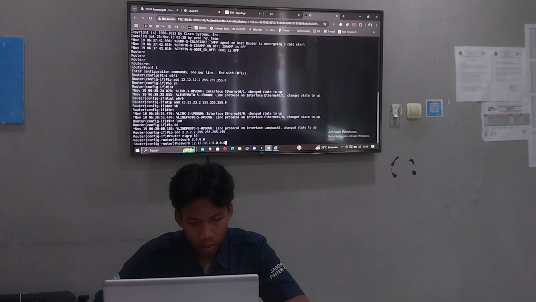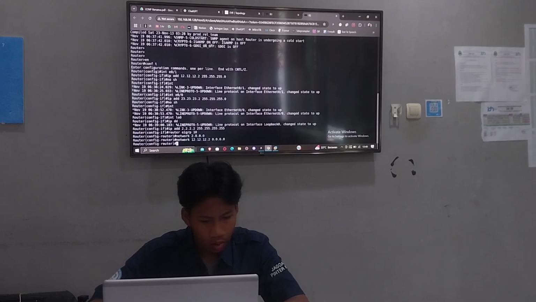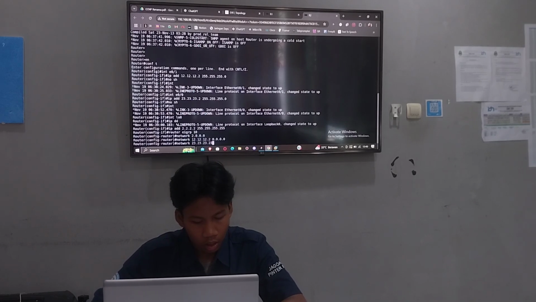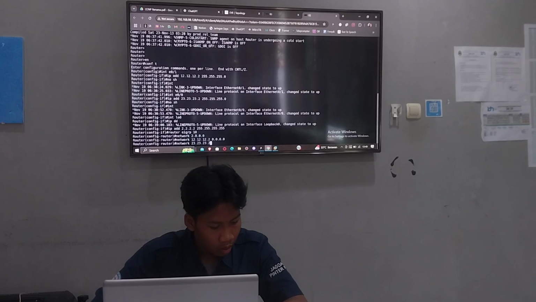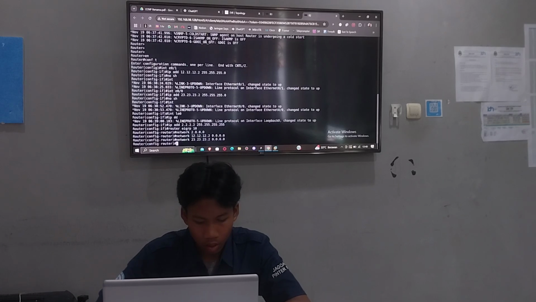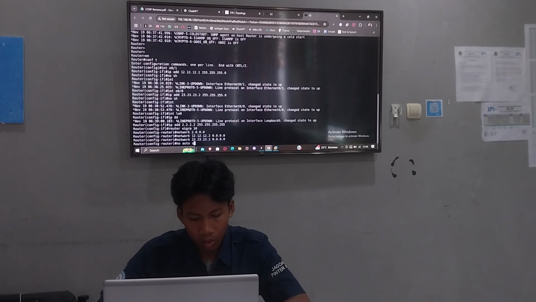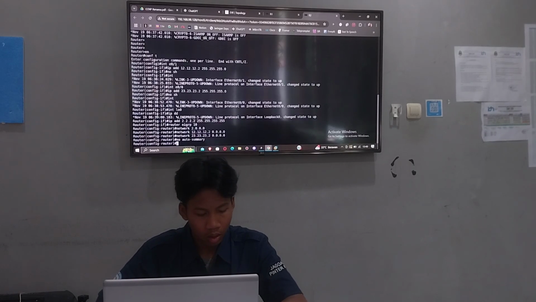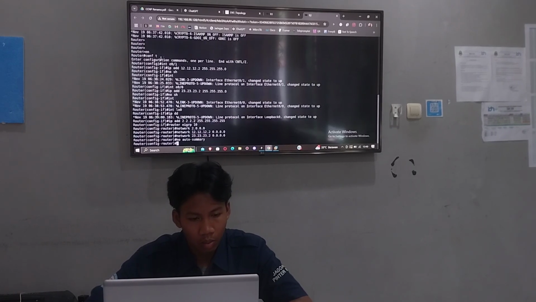Subnet 0. Network again 23.2 and then 0, and last is no auto summary. Okay, this is already complete for router 2.